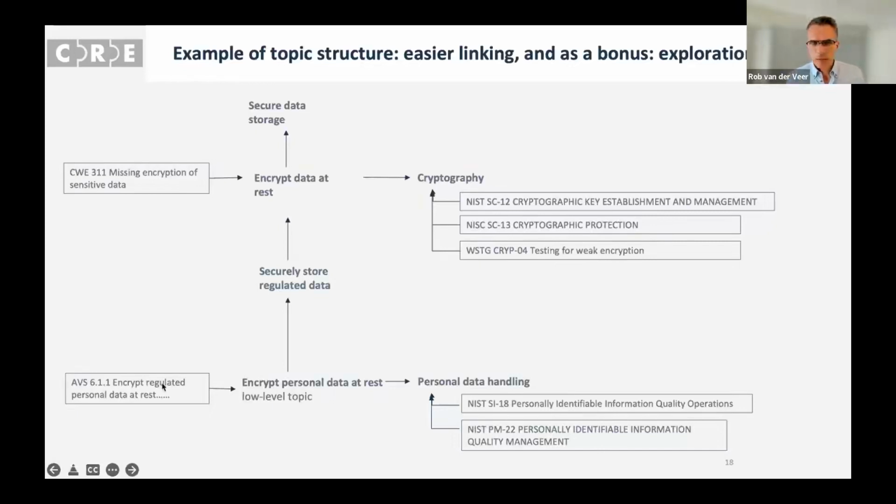It has an ASVS entry that talks more about checking this. It has a link to another topic, personal data handling, which is linked again to some nice NIST documents on personal data and how to deal with it. Through securely storing regulated data, you get to encrypting data at rest, and you arrive at cryptography, about which NIST also has written a couple of nice chapters as part of SP 800-53 in this